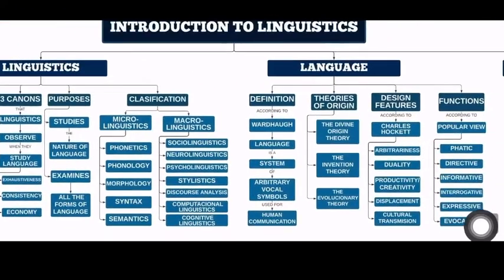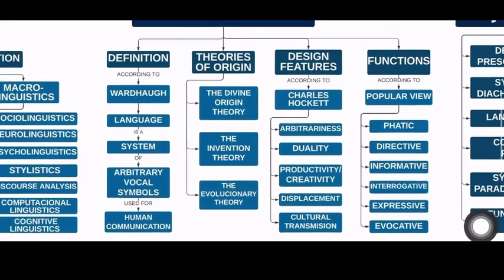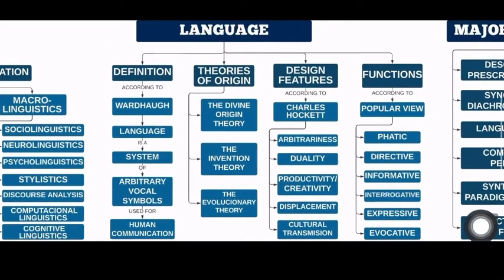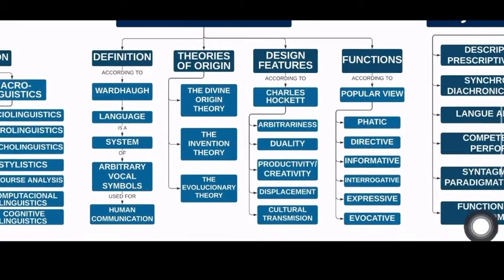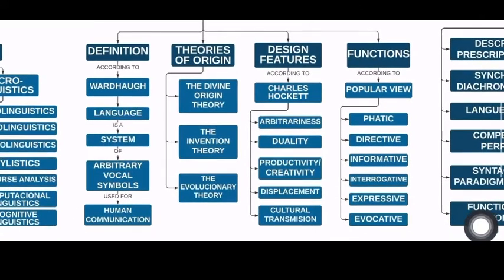Secondly, we have the concept of language. According to Ward Howe, language is a system of arbitrary vocal symbols used for human communication. Language originates, grows, and develops in society. Different theories about the origin of language. 1. The Darwin theory